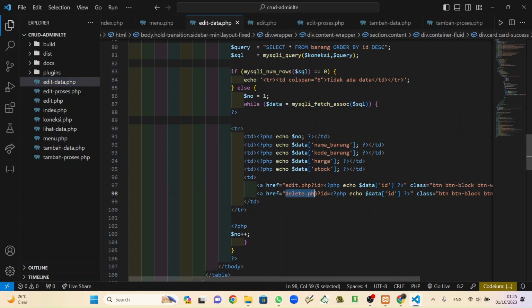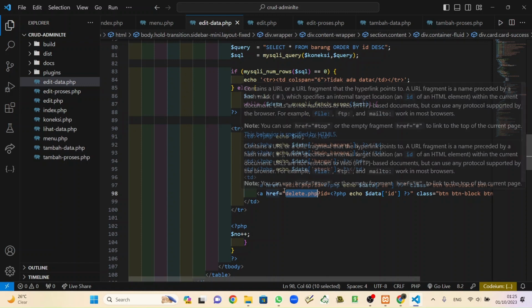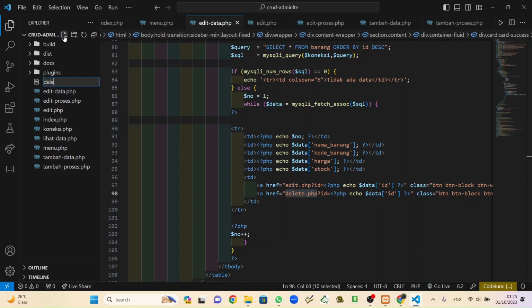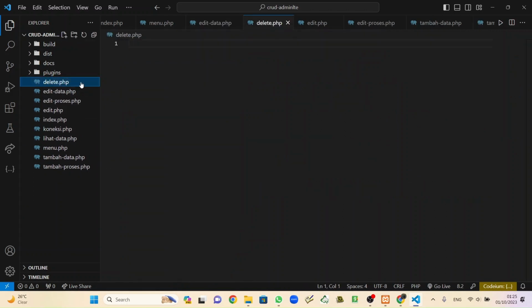Make sure the file name is delete.php. Inside delete.php there is no HTML, I think it's just PHP and some JavaScript things.